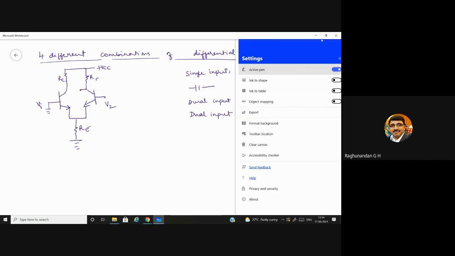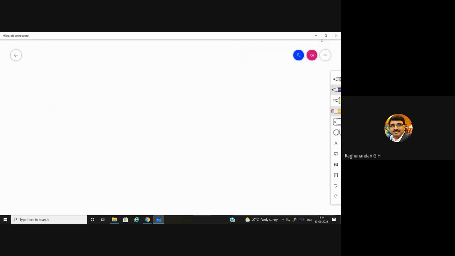After this, we'll move on to the important part, that is properties of op amp. This is very, very important from the point of view of examination. They'll be asking you to list the ideal characteristics of an op amp or list the practical characteristics of an op amp, all those things. So basically properties are classified into two things. One is ideal and the other one is practical. Ideal case is a theoretical case which we consider. Practical case is the real time case which we consider to define the parameters.